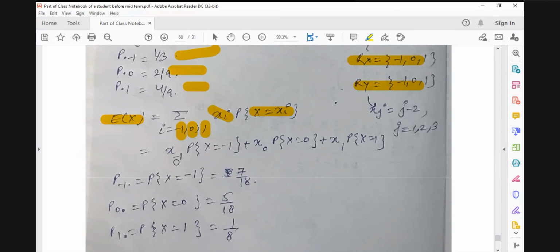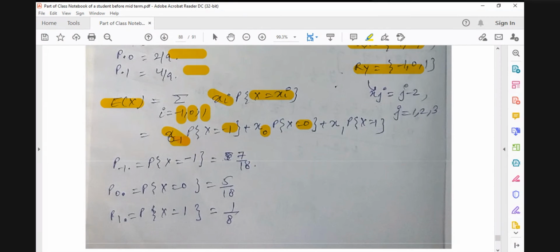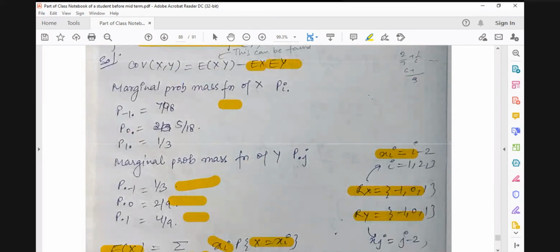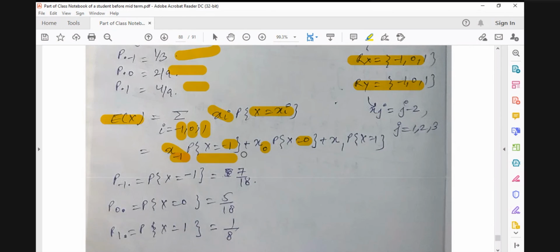So for i equal to minus 1 like this, for 0 like this, and you know that x of minus 1 is minus 1. So you substitute here minus 1 into the probability that x equals minus 1, this one, 7 by 18. So minus 1 into 7 by 18, 0 into 5 by 18, and 1 into 1 by 3. If you do all this calculation here,